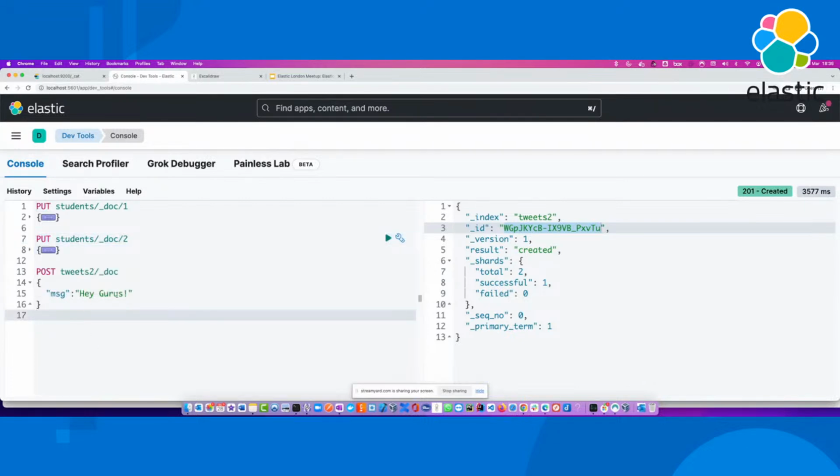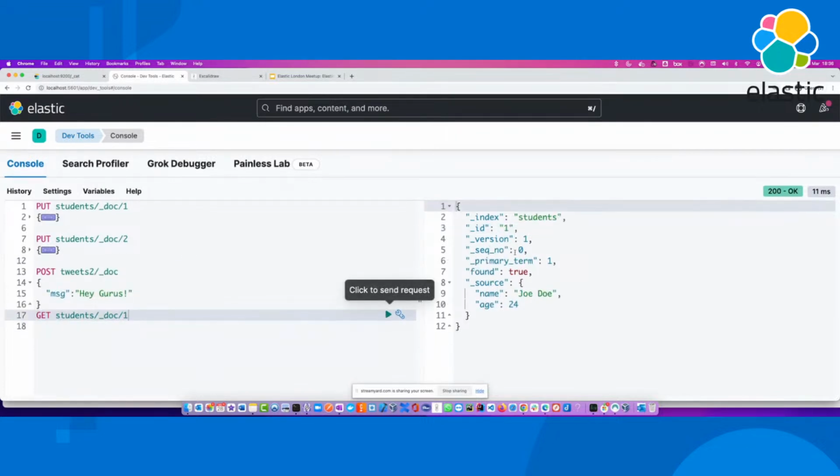If you want the primary keys or the identifiers for that particular document, maybe you should go via the route of using the document identifiers. That's up to you how you want to take it from there. So while we are here, how do you get the document? You can always simply use the same URL, absolutely the same URL. You don't need to do anything at all. Instead of put, you're going to use the get, and you should be able to get the document here.